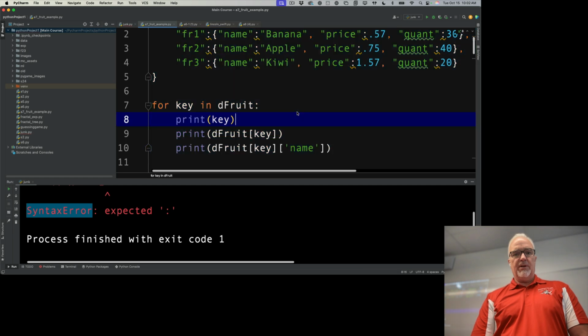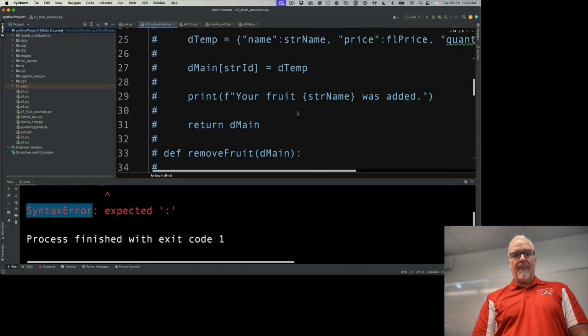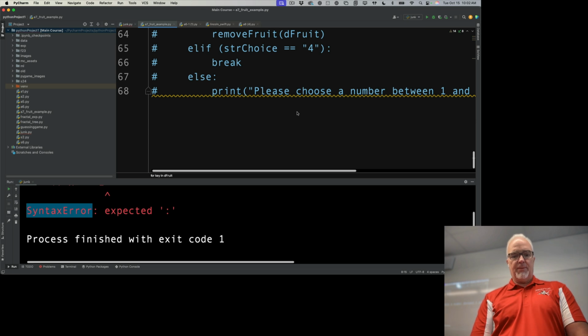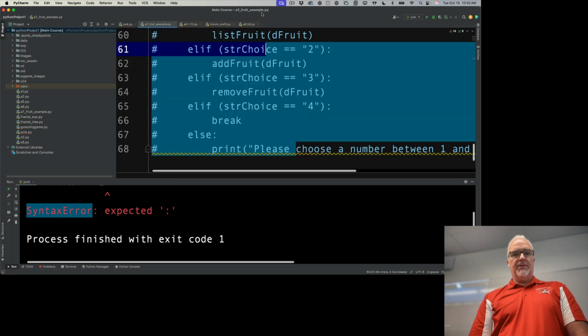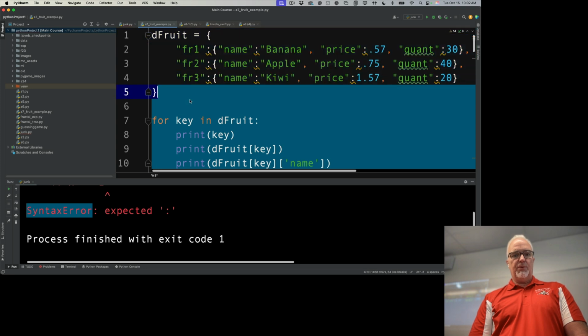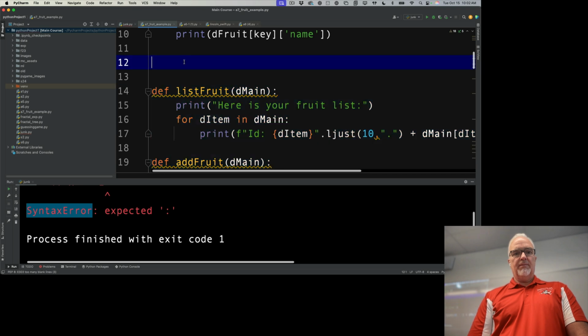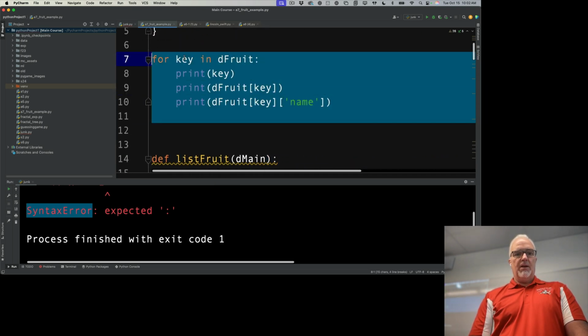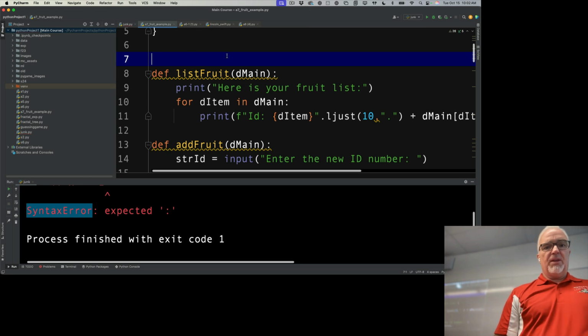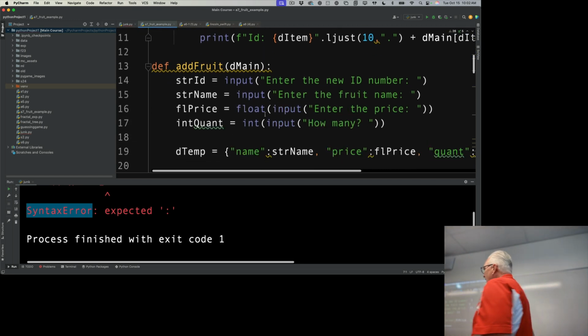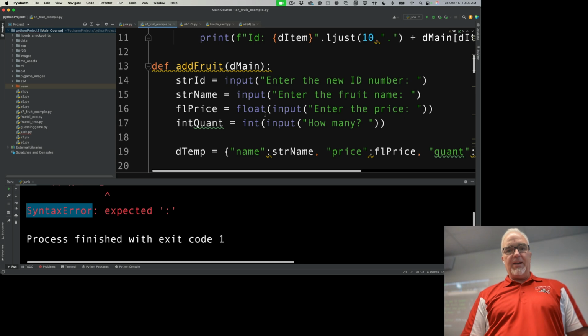Okay, let's look at the fruit. Here's my fruit example again. And let me uncomment this piece of it here. There we go. Okay, so in my fruit database, I have these inputs, and these would be good places for me to add error handling, right? So the new ID number,